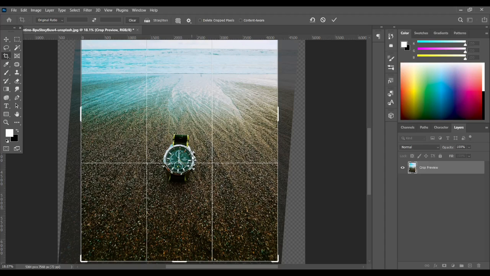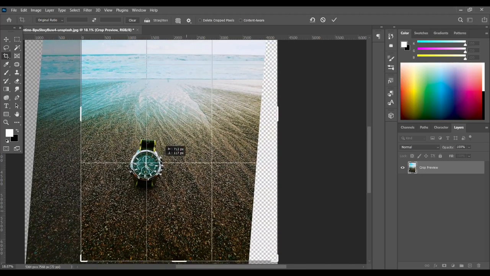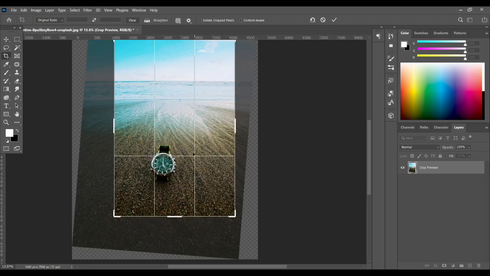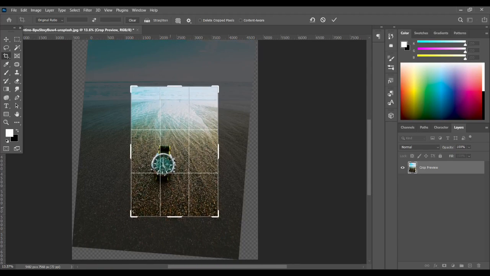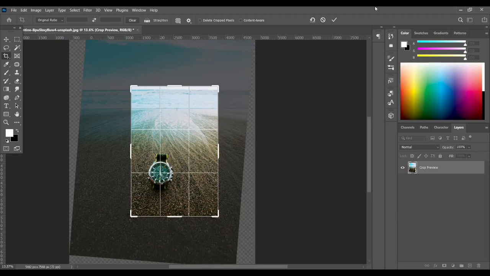it looks catchy. Suppose I wanted to place this watch at the corner and adjust the image like that and click OK.